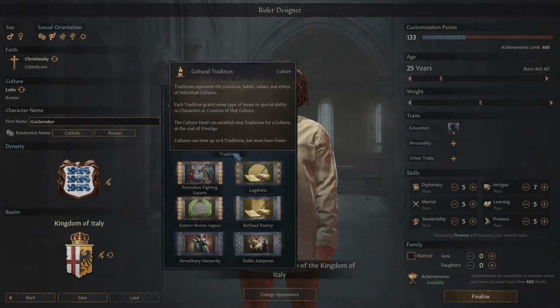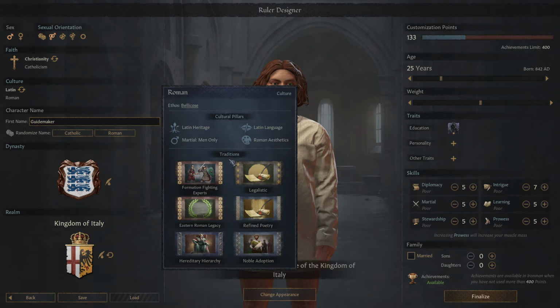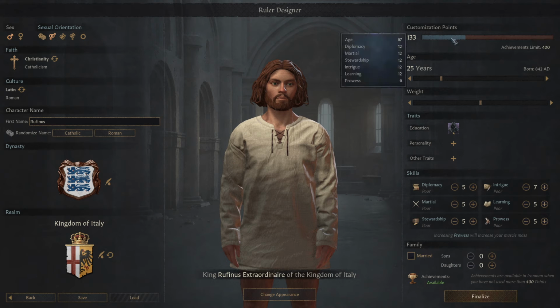It starts with more traditions than slots for traditions, which creates quite an unbalanced thing where you can't change any without deleting one and getting nothing back until you progress in the tech. This is an unfortunate design choice, not even a bug, that I doubt that they'll ever fix. I can randomize Roman names, Publius, Fabius, Gallienus, Rufinus, and it'll come up with all of these for me. That's the left side. Looking at the right side, and this is where a lot of the stuff happens here, your customization points.